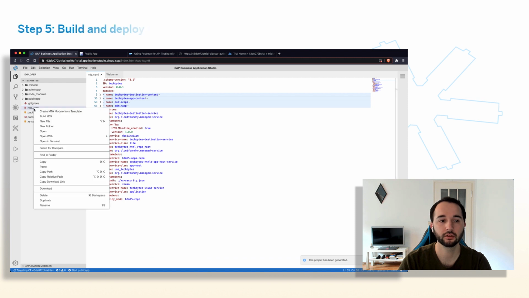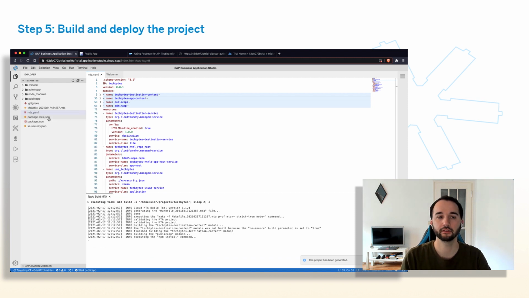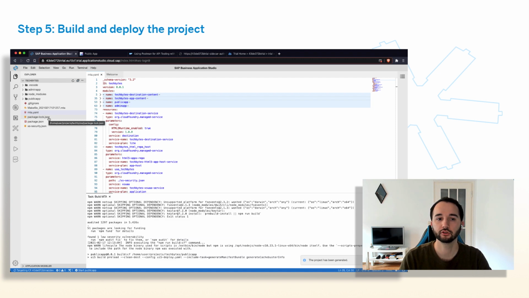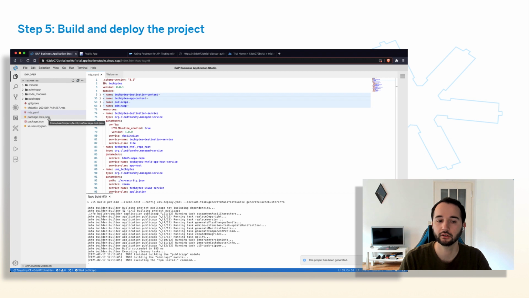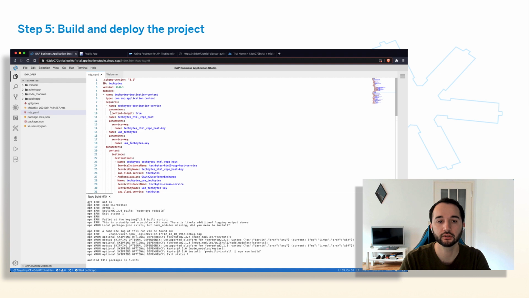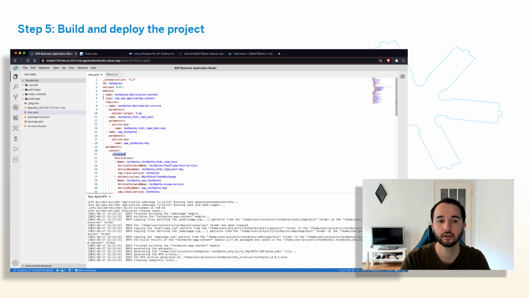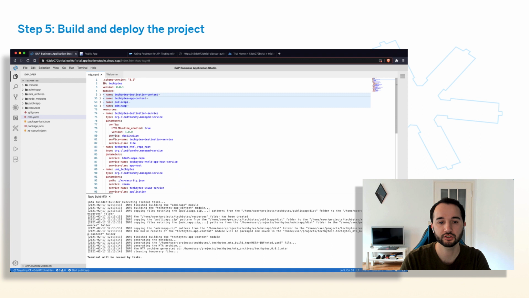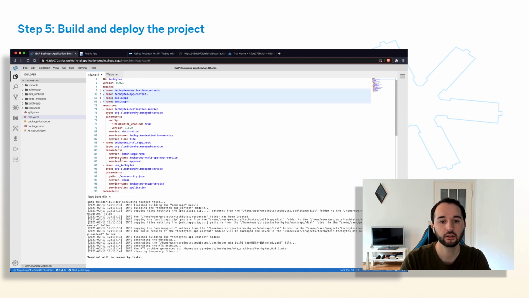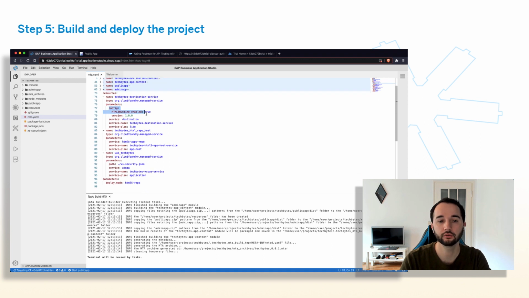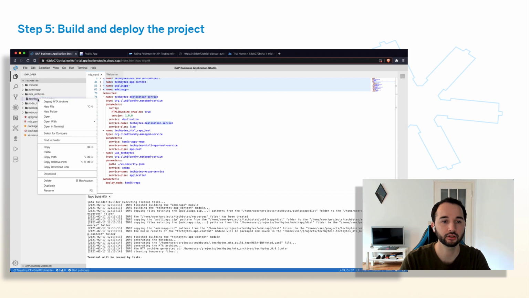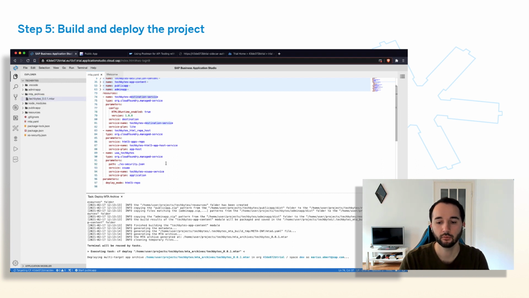Let's select build MTA to basically build the project. And while it's building, I can show you one more detail that you might not be aware of yet. I already mentioned it briefly above that here we're using instance level destinations. So if you use instance level destinations, you have to be aware that these configuration options need to be set in the destination service. Okay, the build finished. Let's trigger the deployment, and while it's deploying,